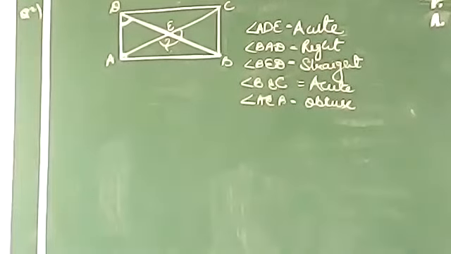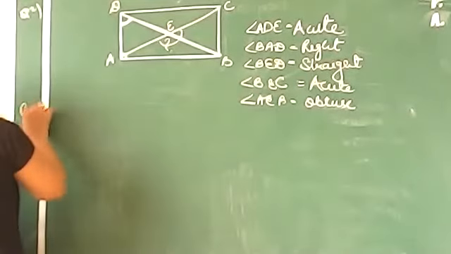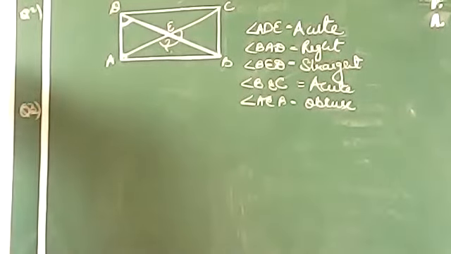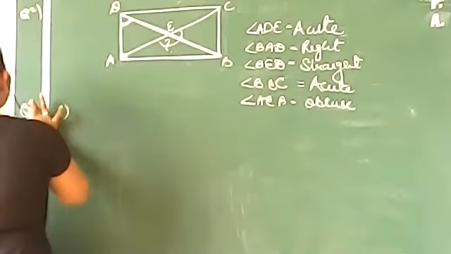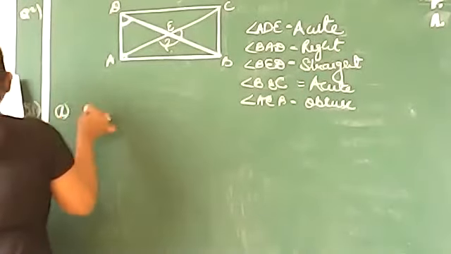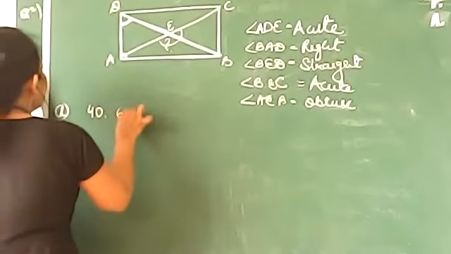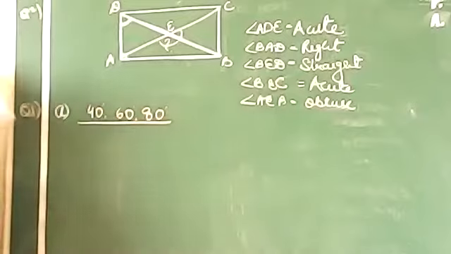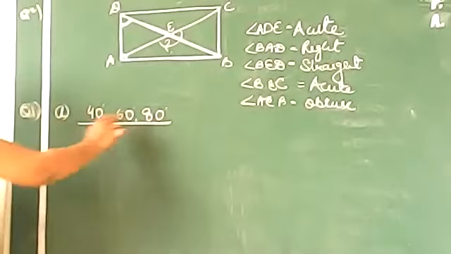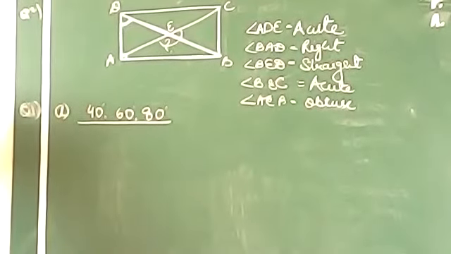Now we have another portion. Let's talk about those questions as well. Classwork portion, question number 1. Classify the following triangles according to the magnitude of their angles. Magnitude means the measurement of the angle. Question number 1 says you have angles of 40 degrees, 60 degrees and 80 degrees. Look here, this is a triangle, and you can see all three angles are acute. Can you tell me which triangle it is?